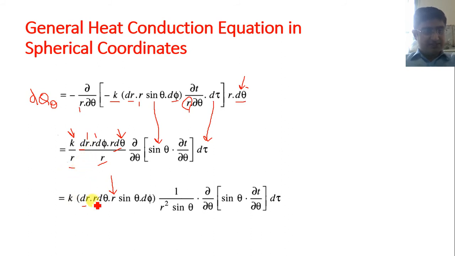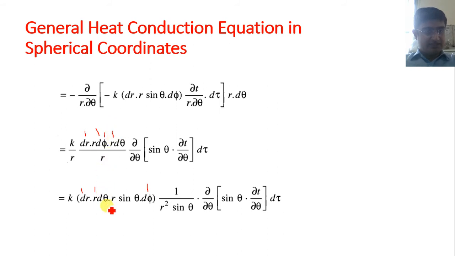and here you can see dr, r d theta. So r d theta is also here. First the dr, so dr as it is, r d phi, so both terms are here. Again r, so here is again r into d theta. So here is the d theta. So now we need the sin theta.